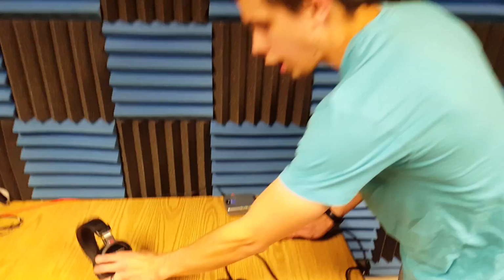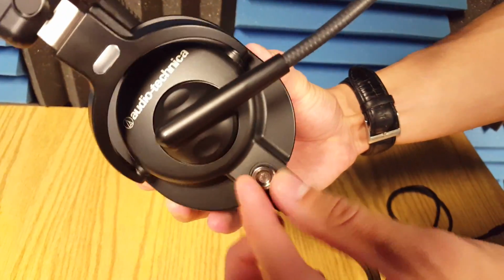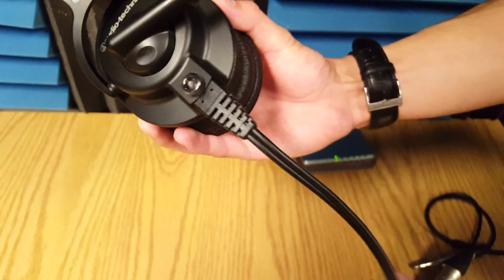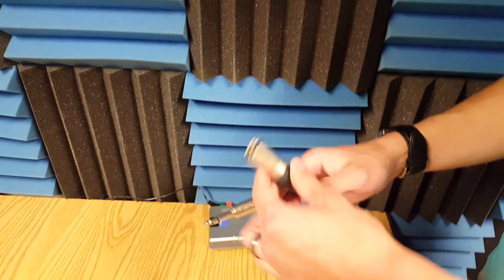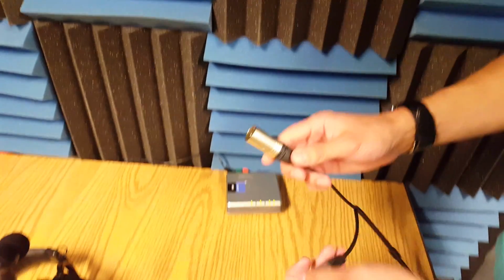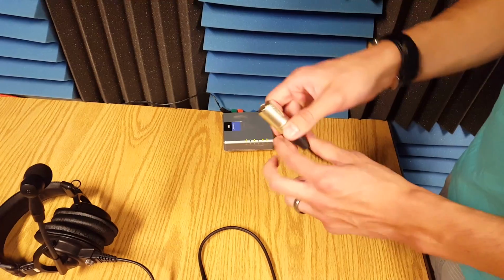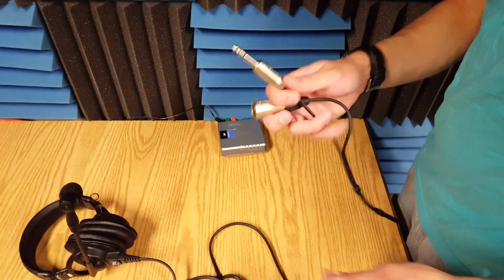But right here, as you can see, this has a cord that comes off of the headset, and it is interchangeable. So we can unscrew the little bolt here and replace the cord if it ever becomes damaged. And at the end here, it breaks off into the 1/4 inch jack and the XLR jack. And what these will be used for is the XLR will be used for the audio input, and the 1/4 inch will be used for the audio